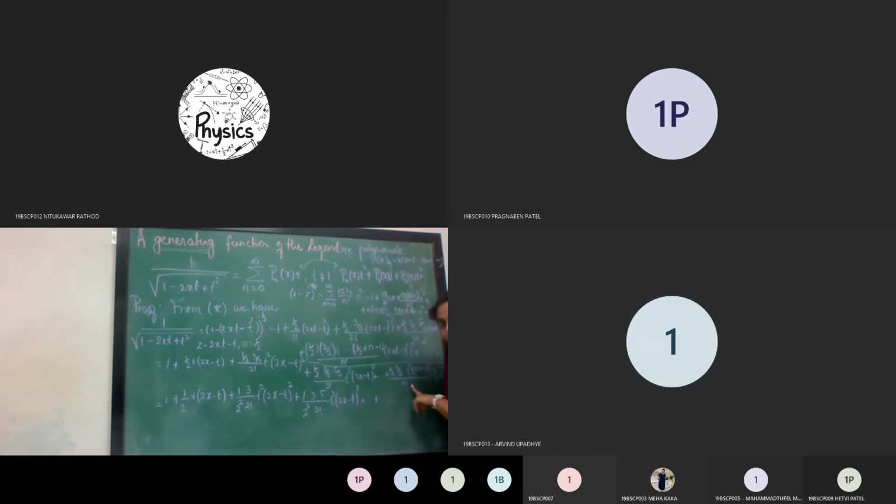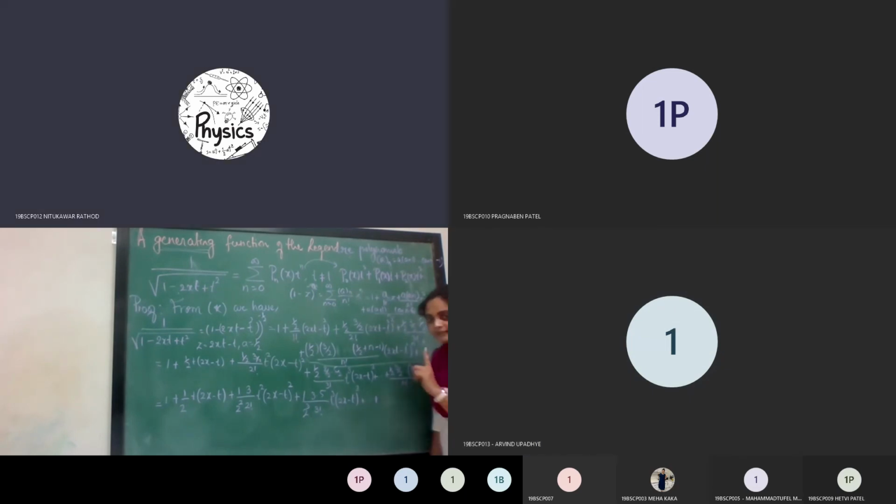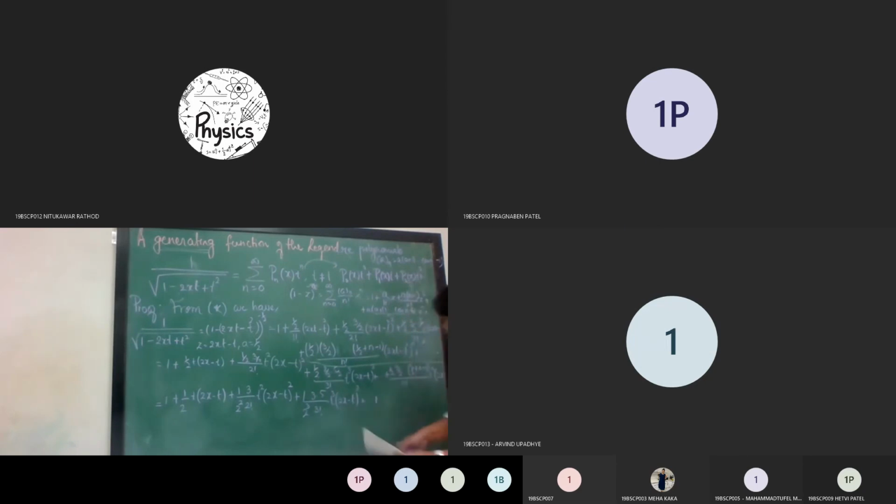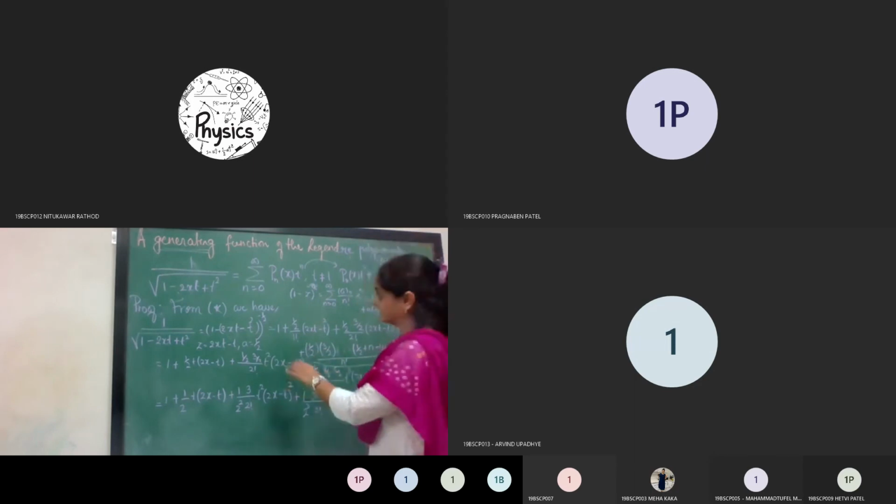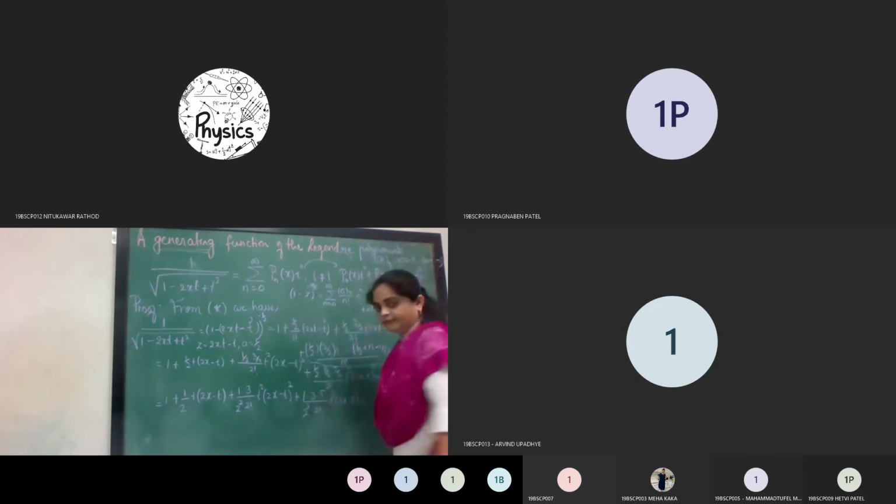जिसको भी डाउट है, मुझे पूछ लीजिए. हाँ, so this will be 1 into 3 into 5 and it will go up to 2n upon 2 raised to n into n factorial, t raised to n, 2x minus t whole raised to n, plus up to plus. This is the infinite series, why, because this is the infinite series so the resultant series will be also the infinite one, and you can see binomial theorem में वो finite product आपको मिलता था, whereas this expansion will be in terms of the infinite series. यहाँ तक clear है सबको?